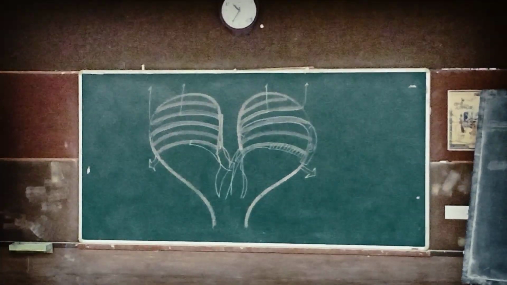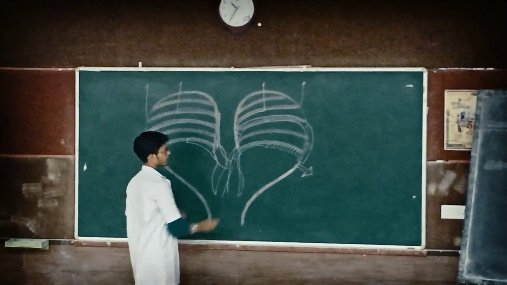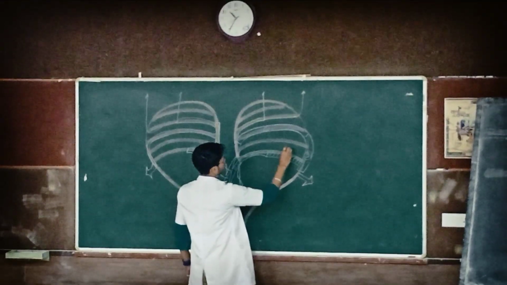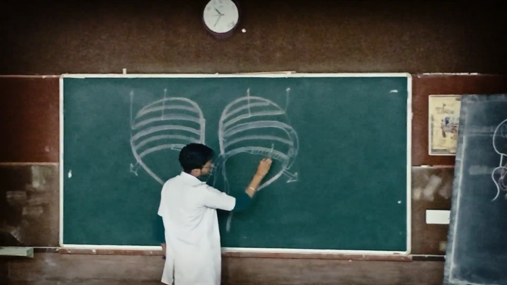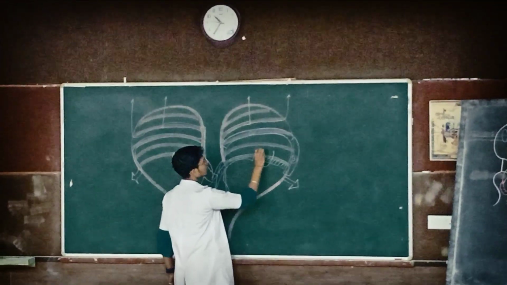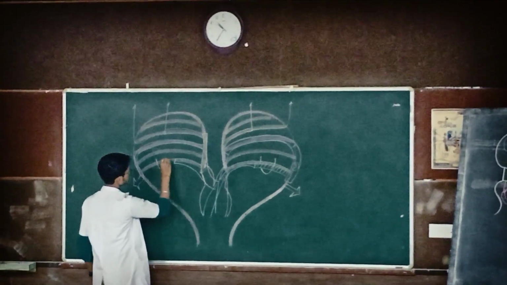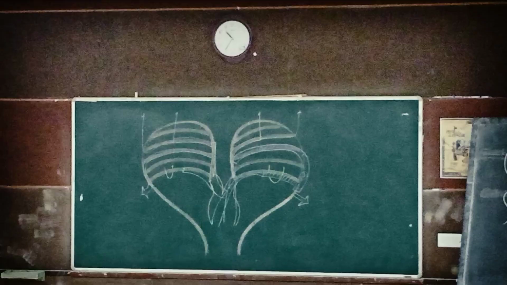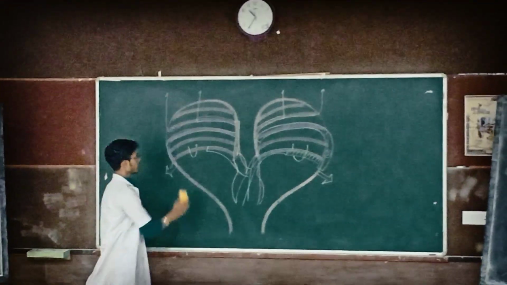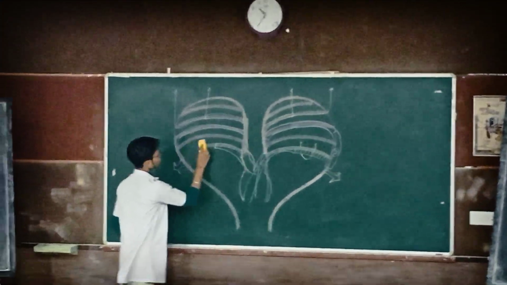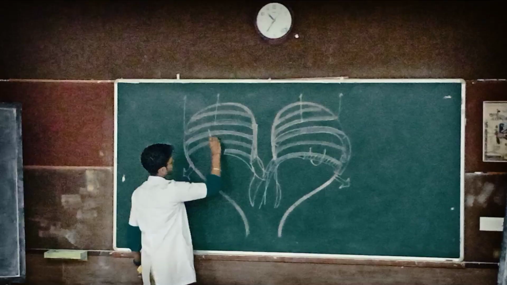So what happens is that a pair of recurrent laryngeal nerves develop on both sides, which start hooking from the arch like this. The same thing happens on this side also. But as we know, this part is not persistent throughout, it will regress gradually. So the recurrent laryngeal nerve on the right side is present at a higher level.